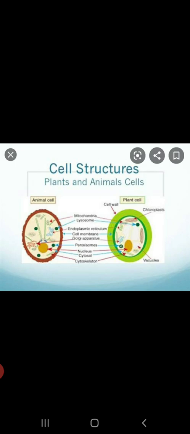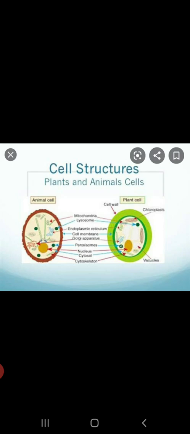We have studied the differences, that there is a difference of cell wall, chloroplast and vacuole in the plant cell and animal cell, right? However, there are certain similarities as well, certain similar structures that are also present in plant cell and animal cells. Now, what are those structures? Those structures include